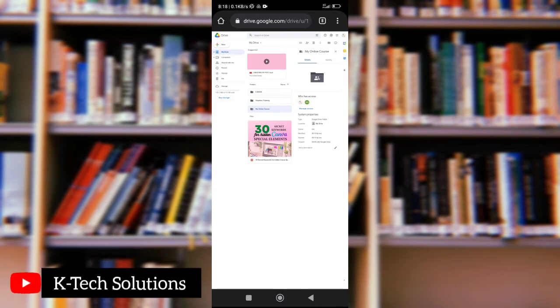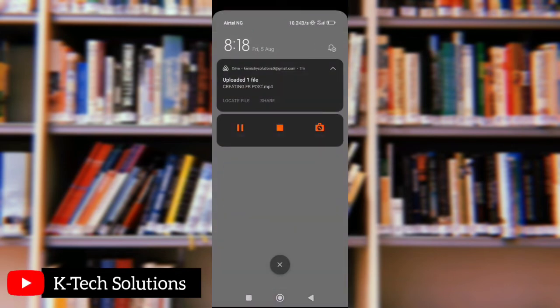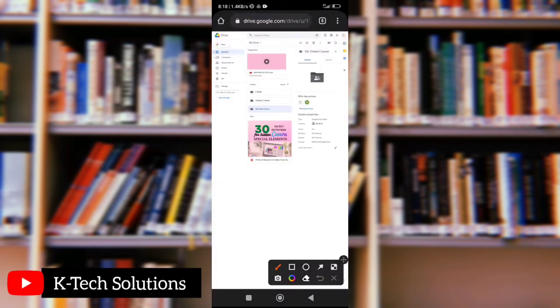Let me use my brush. Oh, it's not here anyway. The brush may not be here. Let me use my brush. Okay, so you can see some icons here. My bad. You can see some icons here. Can you see them